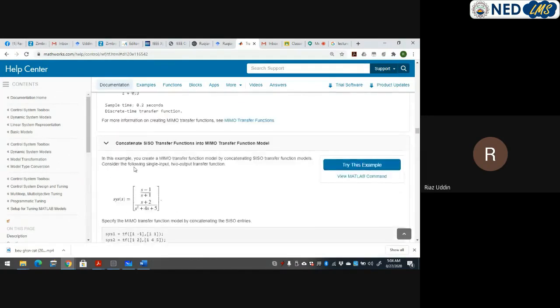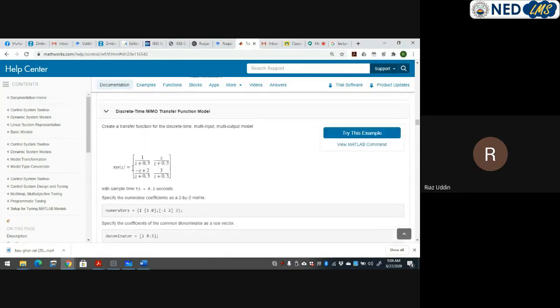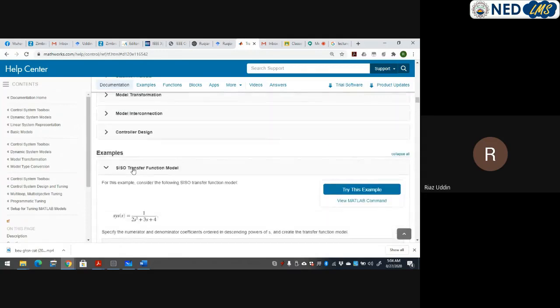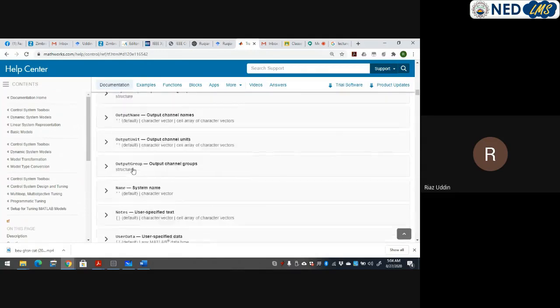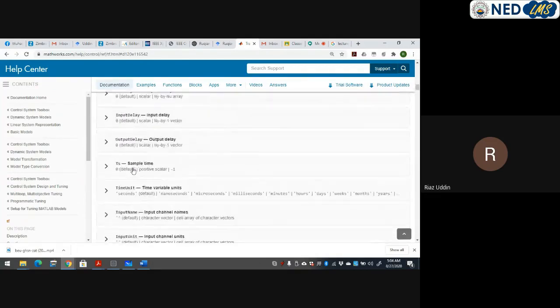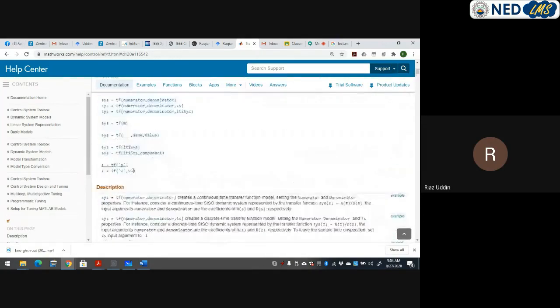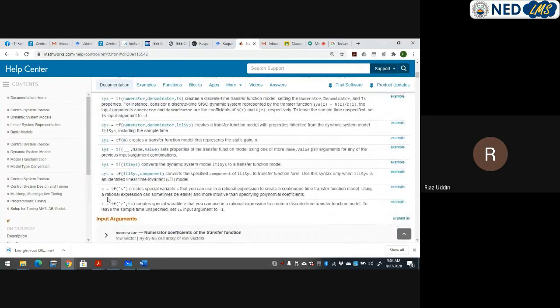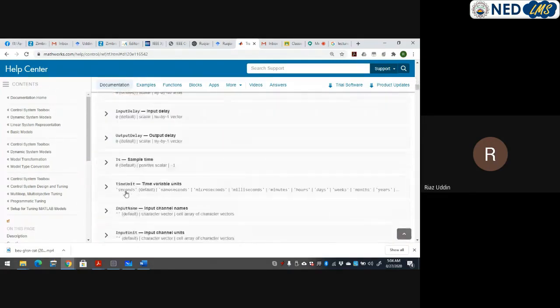In our case, we are going to use very simple commands to draw the transfer function. Remember, only this command. We will select s is equal to transfer function as symbol, and then after that what we are going to do